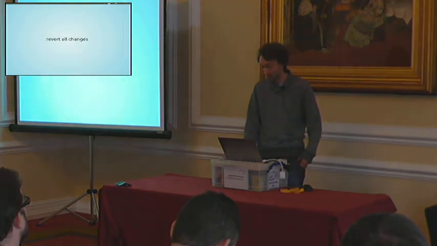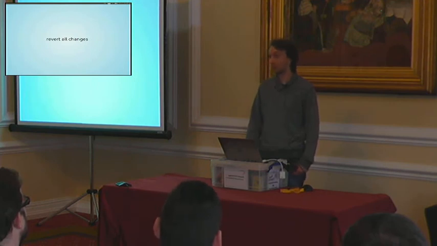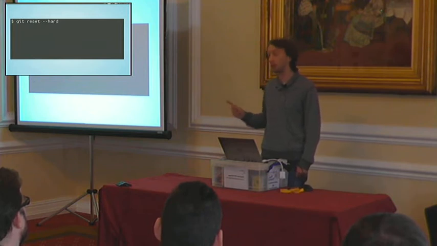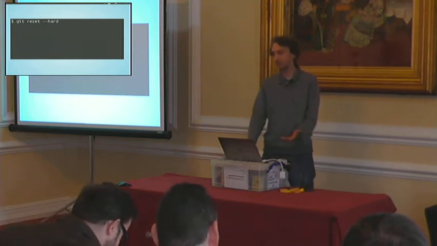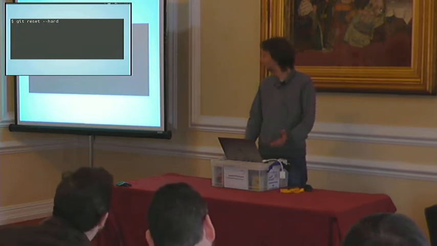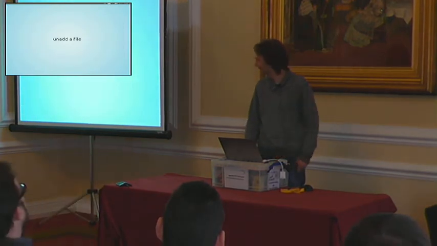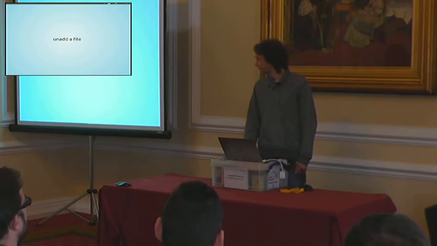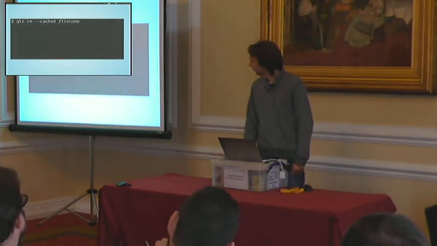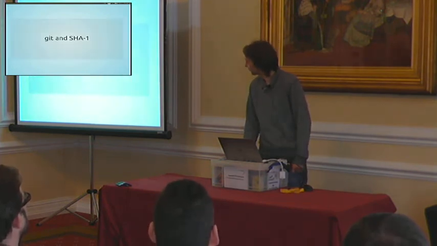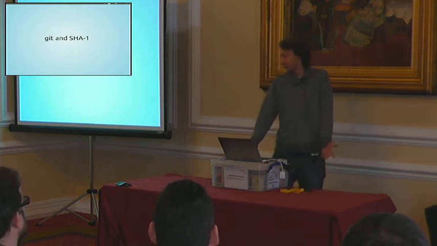It's not very straightforward. How do you revert all of your changes? So I need to go back to what the branch is that I'm meant to be working on. git reset --hard. That's quite simple. The problem with this is it's also one of the best ways to destroy all of your work. It's something you need to run quite a lot of the time, but if you run it in the wrong circumstance, you do lose work that you've been doing. How do you unadd a file? We've got a thing in the tree, we want to take it out, but git rm --cached file name. It's not super obvious. So lots of complaints, there are things to improve there.